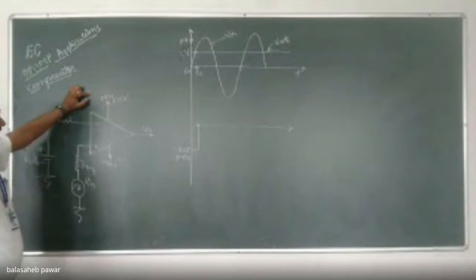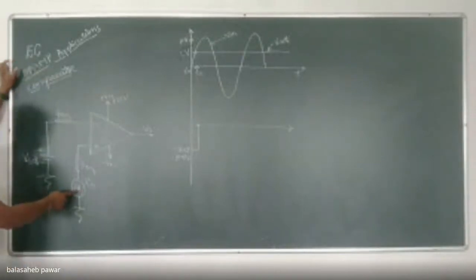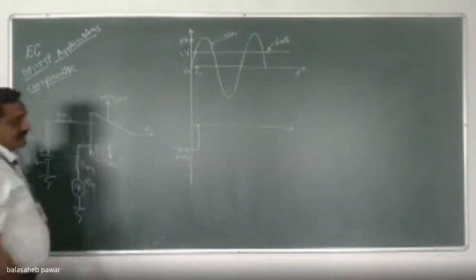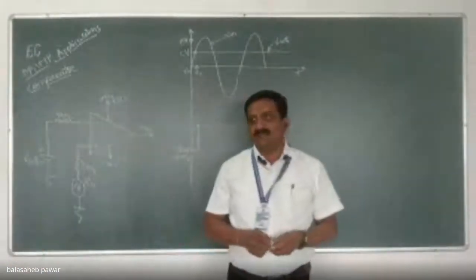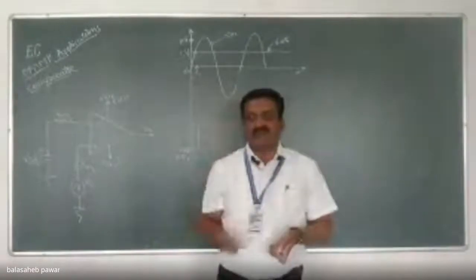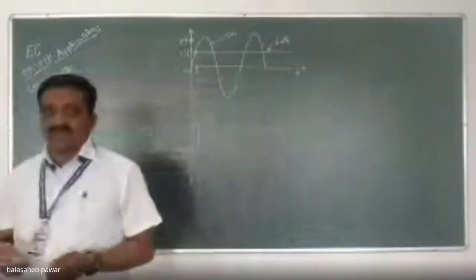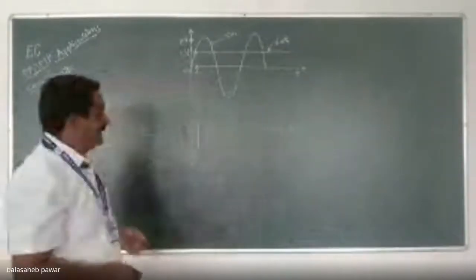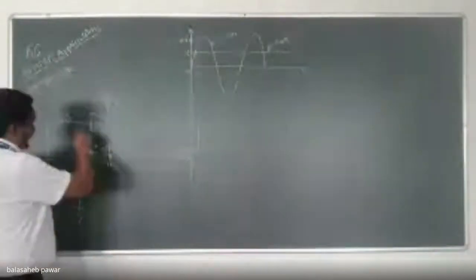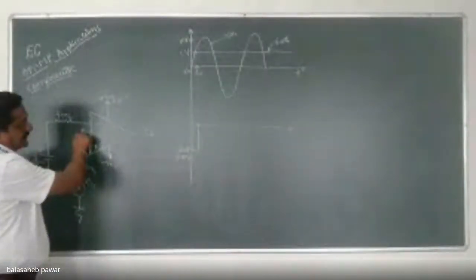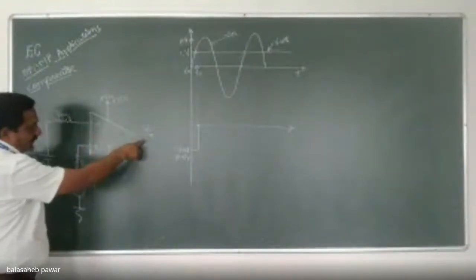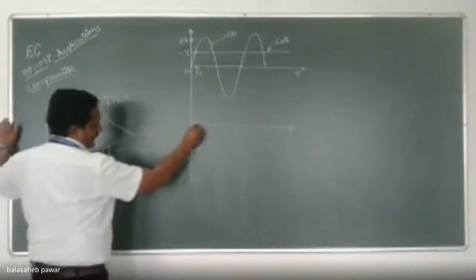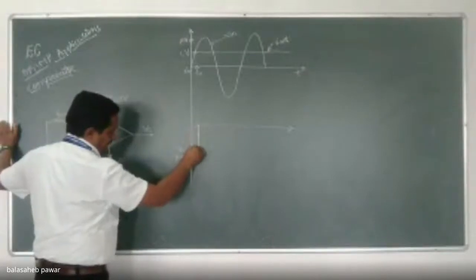At T1, V in and V reference will have the same value. At t equals T1, V in will reach 5 volts. V reference is already there, which is at plus 5 volts. And therefore, the differential voltage at t equals T1 will become 0, and hence the output of that circuitry will go to 0, as I have shown over here.